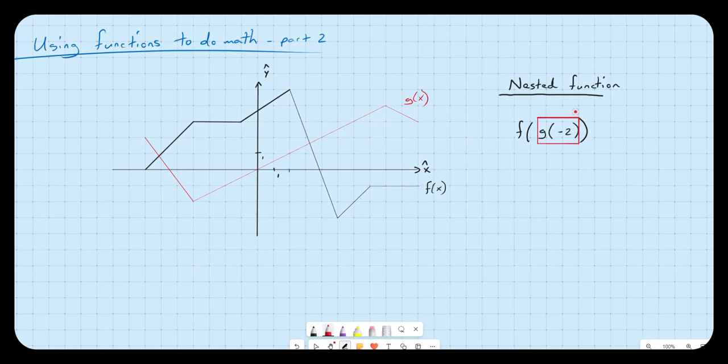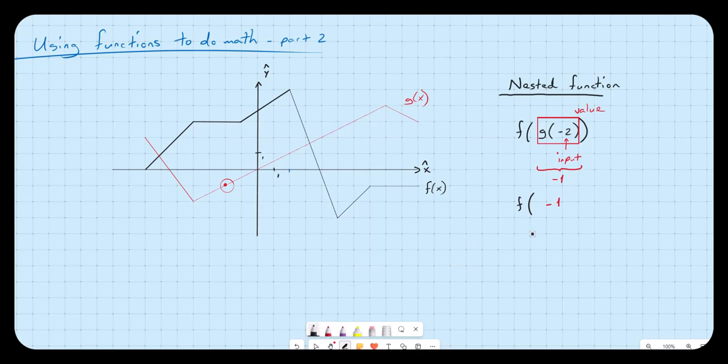So g of negative 2, that is one value. I can go to my graph, I can say when x is negative 2, the inner part of this is my input. So when x is negative 2, I get g equals, so 1, 2, I get g equals right here, negative 1, that's the y value. So this whole piece is negative 1, and that means that now the question that I'm doing, f of